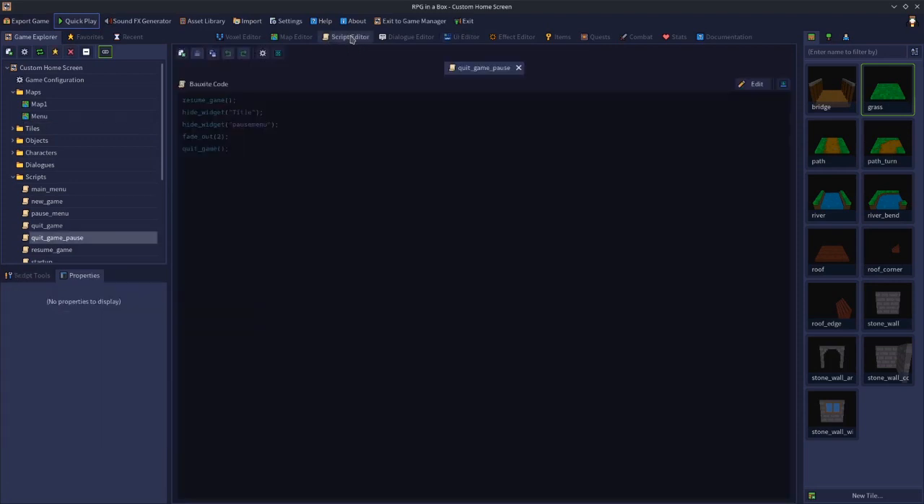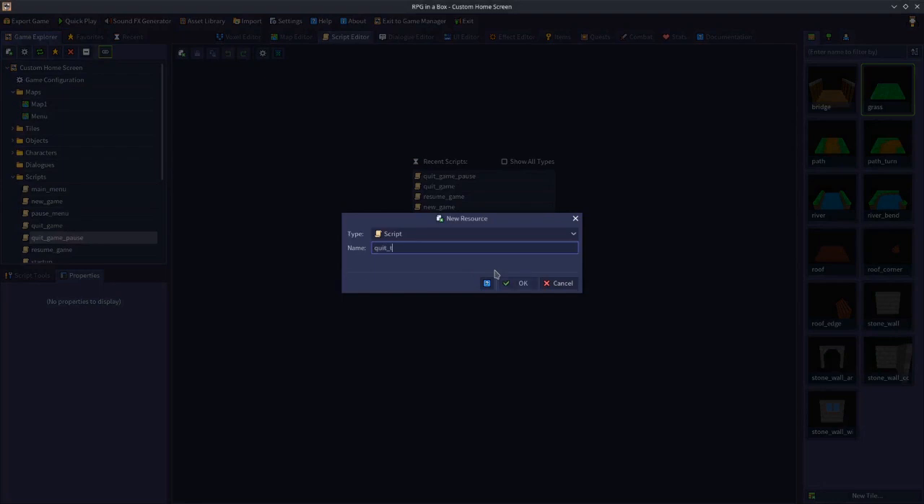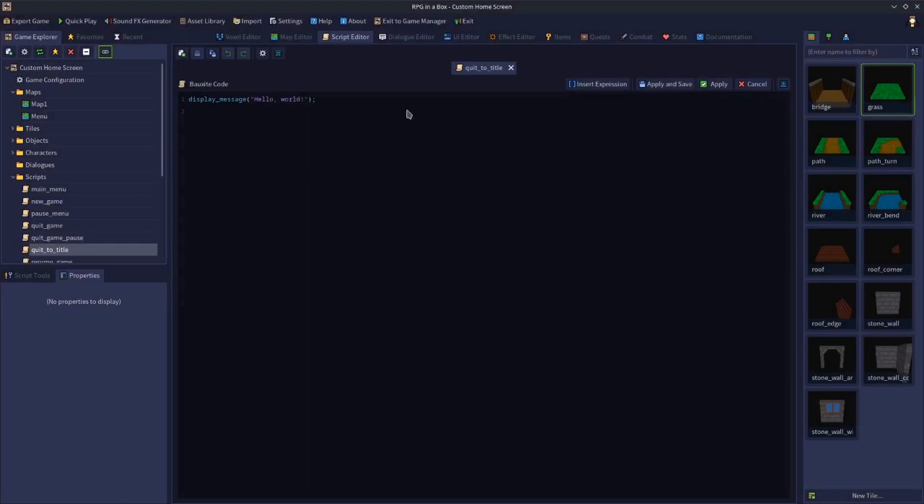So we need script editor again. We'll create a quit to title script. And this is going to hide. Well, first of all, it's going to resume the game because we're paused. Basically every single button in the pause menu needs to resume the game before it does its thing, okay? Especially save, otherwise it will save your game paused and you'll be stuck. We'll get to that. Resume game, hide widget